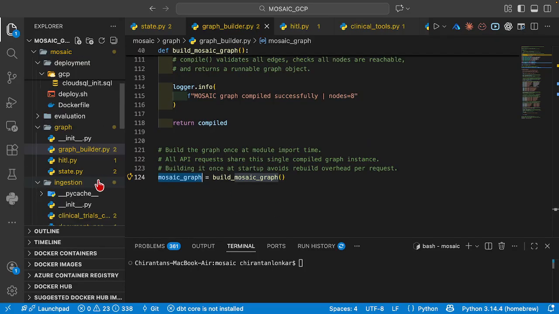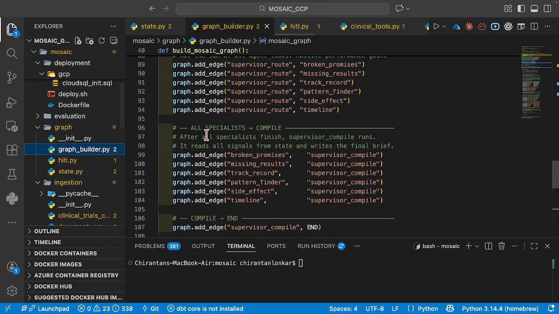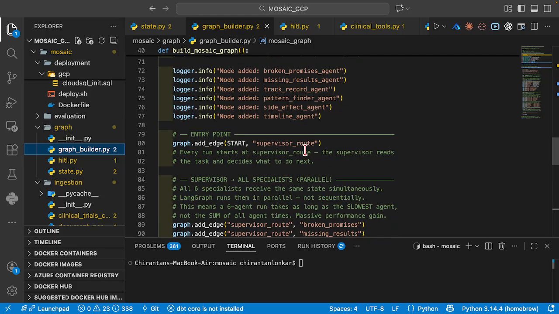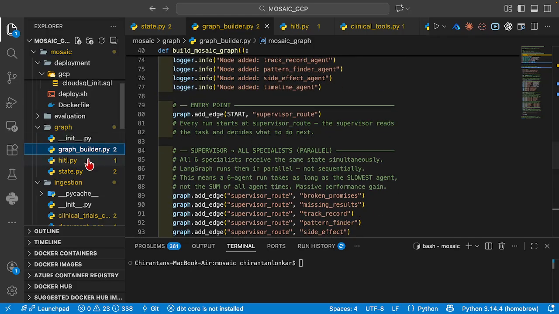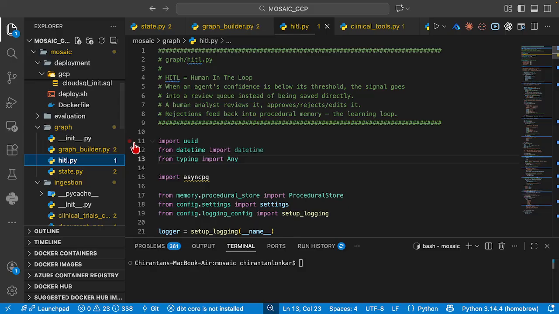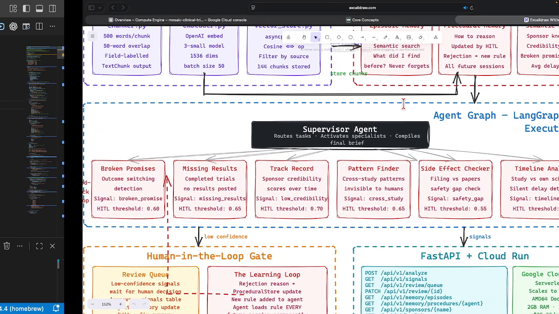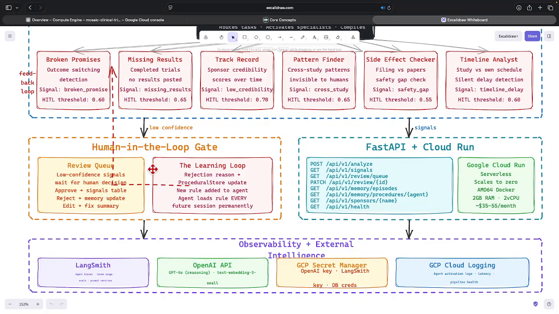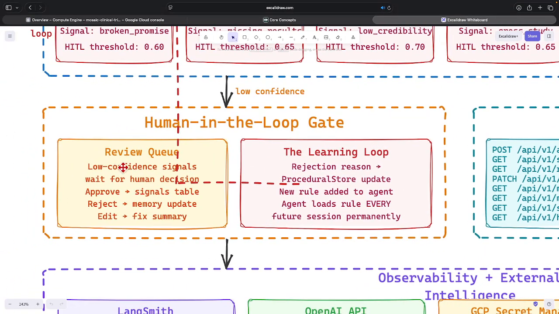So we have defined the state, we have compiled all the agents and all the nodes and defined all the edges in the graph builder. And the last part in the graph pipeline, or the graph part, is human in the loop. Okay, which is super important, right? So when an agent's confidence is below its threshold, the signal goes into the review queue instead of being saved directly. If you see here, when we are looking at human in the loop,